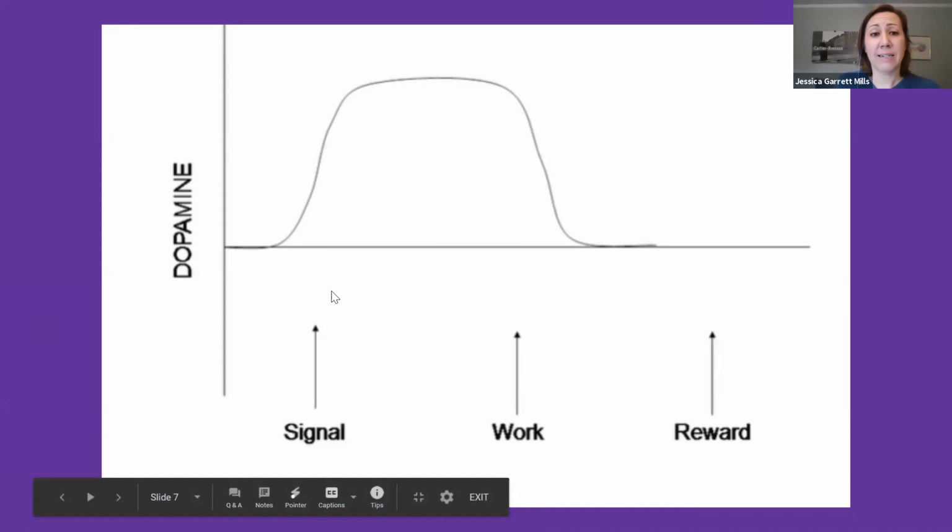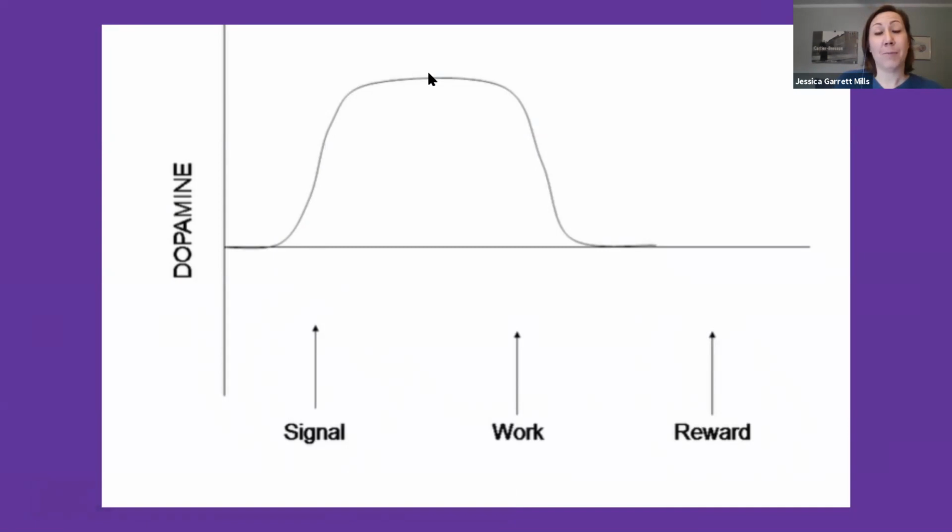But in fact, what the scientists found was that at the signal, once the light came on, that's when dopamine spiked, and that dopamine remained high until the work was done. So in fact, dopamine is not a pleasure chemical. It's a motivation chemical in the brain. In fact, it's the major motivating force in the brain. So the monkey gets a signal, it's time to do the work. The dopamine rises until they can complete the work, and then they get the reward. Dopamine supports this monkey's work habits. It supports their ability to stay focused and be motivated through the end of the work